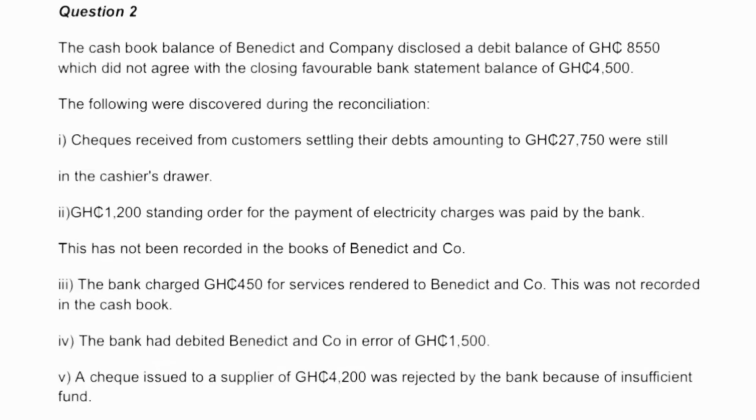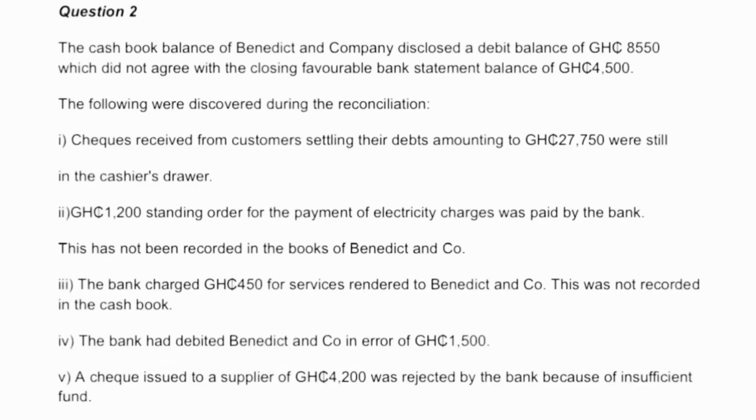I. Checks received from customers settling their debts amounting to 27,750 were still in the drawers of the cashier. II. An amount of 1,200 standing order for the payment of electricity charges was paid by the bank. This has not been recorded in the books of